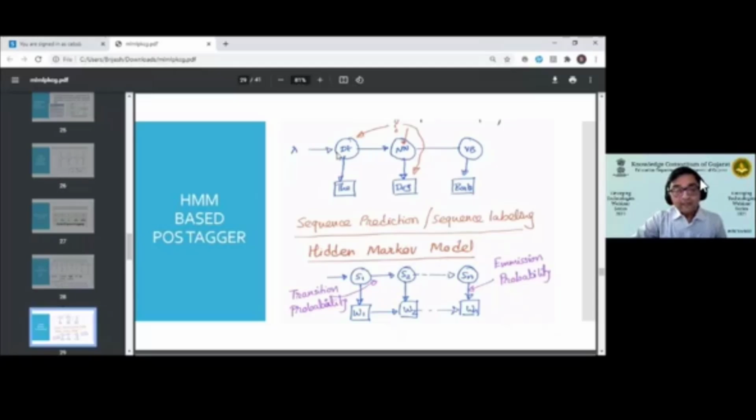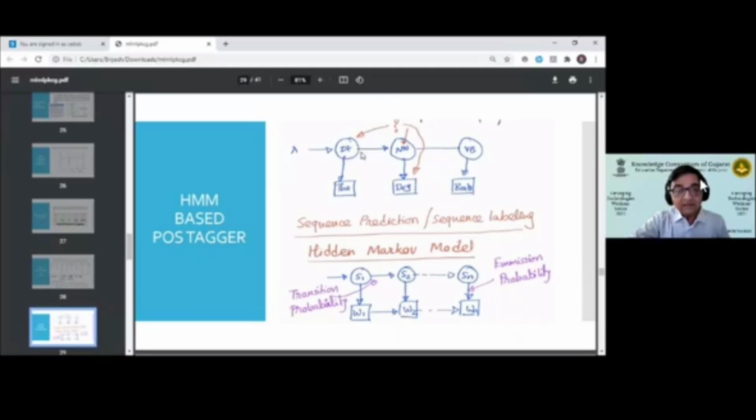So now this becomes a sequence prediction or sequence labeling task. You are not looking at a word independently and trying to figure out its part of speech, but you are looking at the previous sequence of words that you have observed and the part of speech that you have assigned. And based on that, you want to label the next word. So this is called a sequence prediction or sequence labeling problem. And I mention it in this talk because many NLP problems can be modeled like this using sequence prediction or sequence labeling techniques. And the famous model which was used earlier for this was the hidden Markov model, where you say that